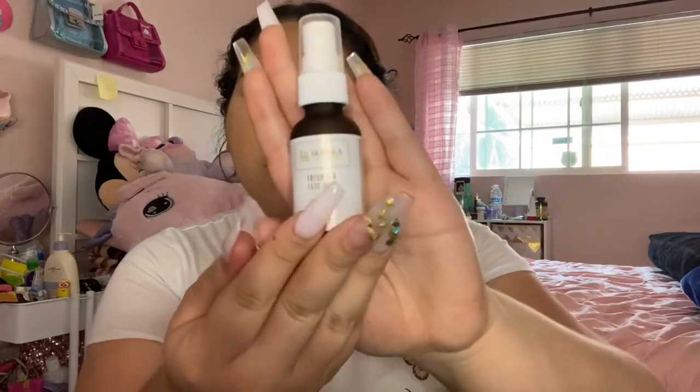I'm trying to be smarter about my skincare. Of course, fragrances are a huge irritant, so I try to avoid things that have too much fragrance. The Peach and Lily of course has the peachy fragrance, but I haven't noticed anything irritate my skin. So yes, the rose water toner, I like to use the